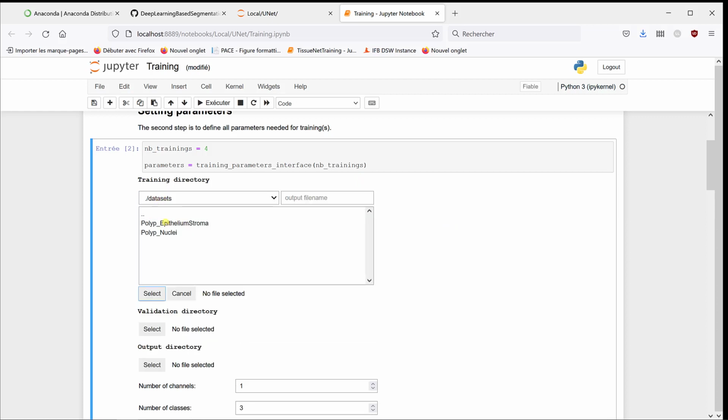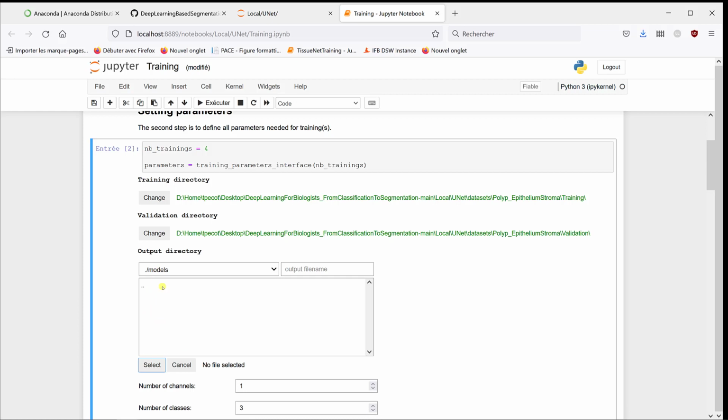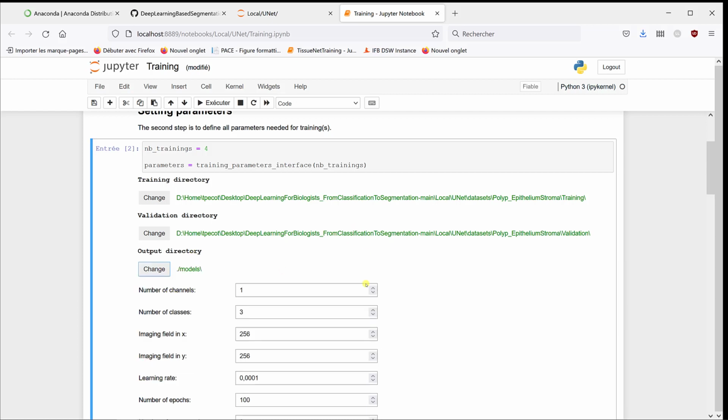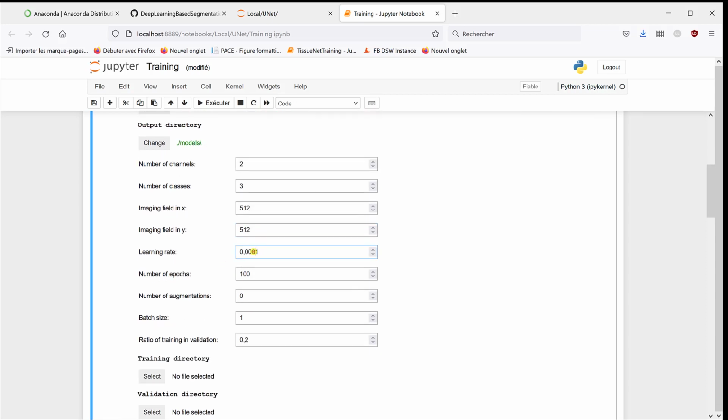So a training directory, that's epithelium and stroma training. Validation directory, it's going to be in epithelium and stroma validation. And the output directory, it's in models. We have 2 channels, DAPI and cytokeratin. We said that we would use an imaging field of 512 by 512. And I'm going to try a learning rate of, first of all, 1